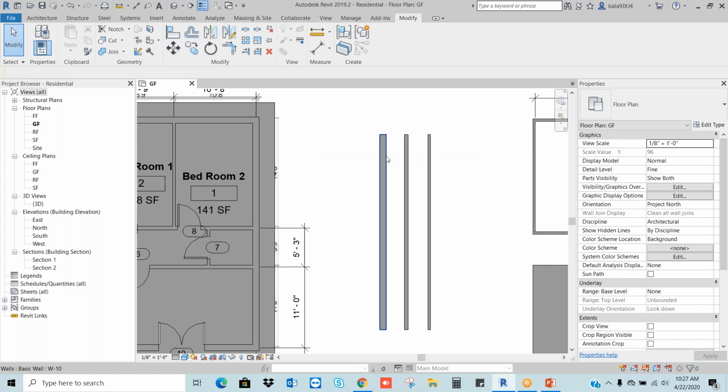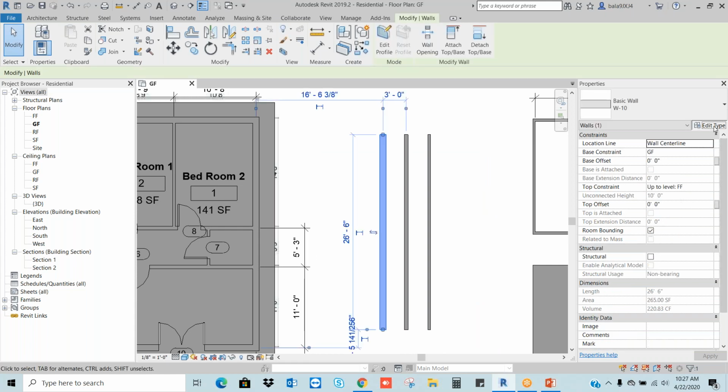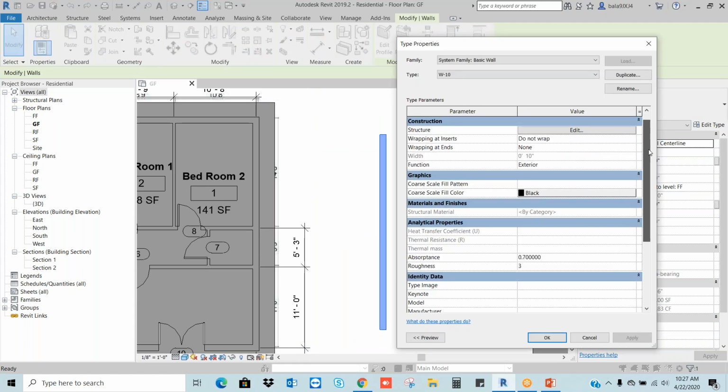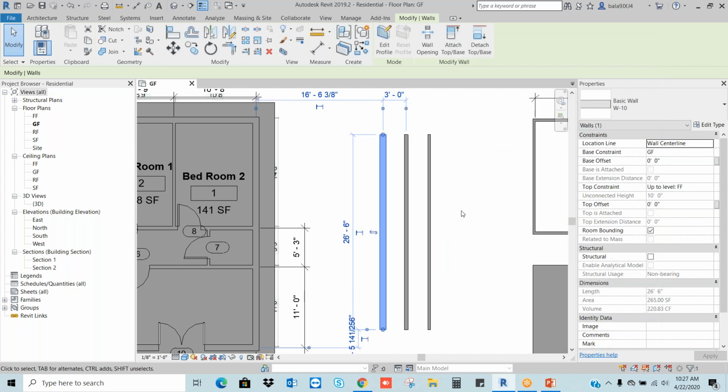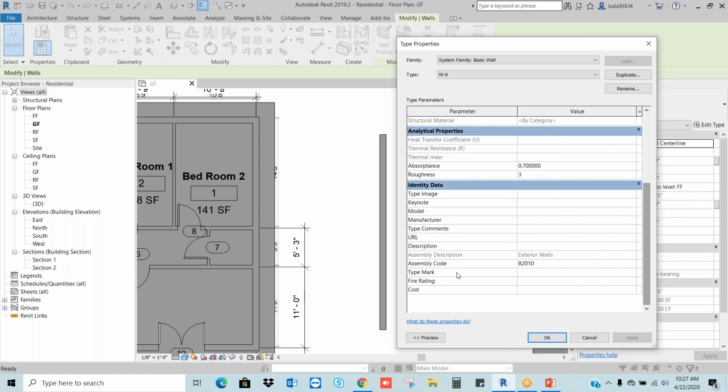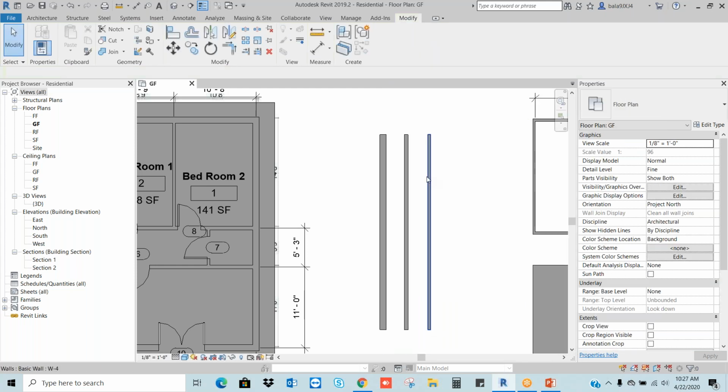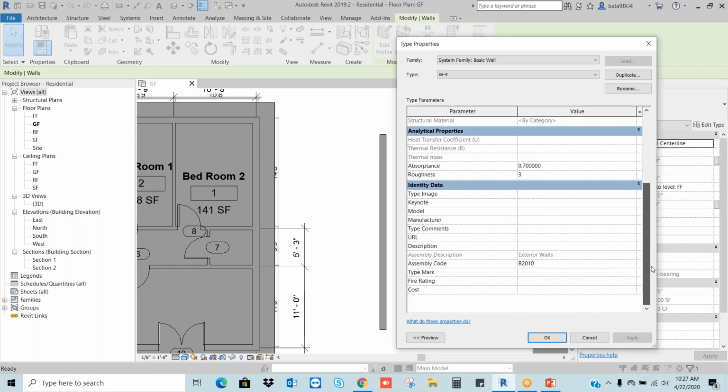Let's say I go there and Edit Type. In Edit Type I can find the Type Mark. See, if I give the number 1 here, or else I give the number 10. And I will go there, this is wall 6, Edit Type, and wall 4.